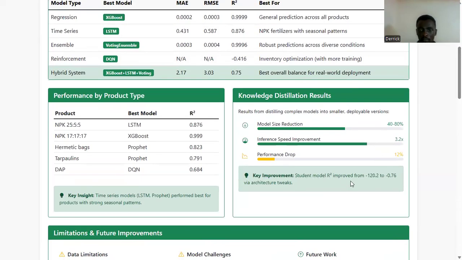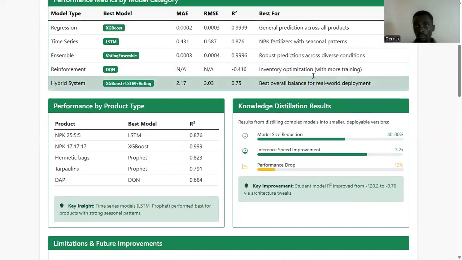During knowledge distillation, our key improvement is that as we started from around negative 120 R squared, we managed to push up to negative 0.76. And by the time we did our hybrid ensembling, we had come up to 0.75. So that's a very great improvement, as you can see from our hybrid system, based on overall balance for real world